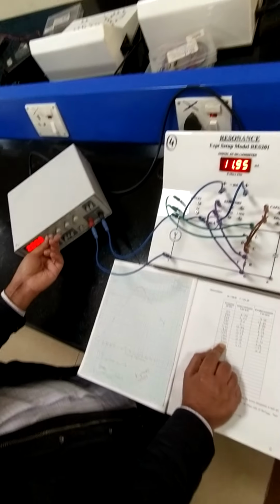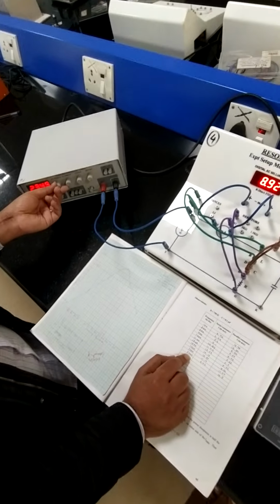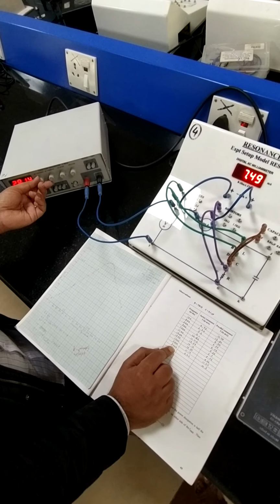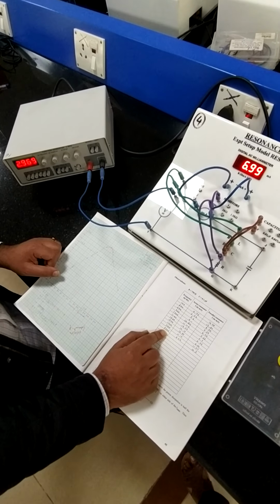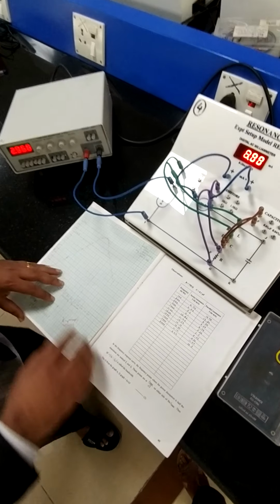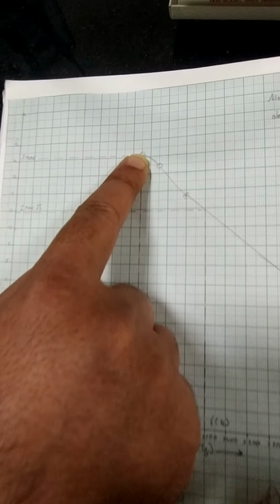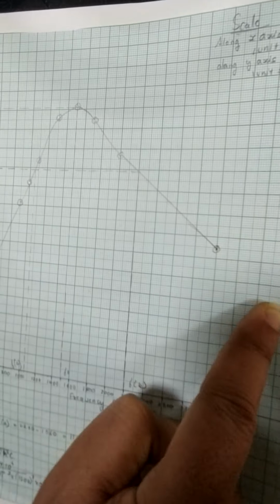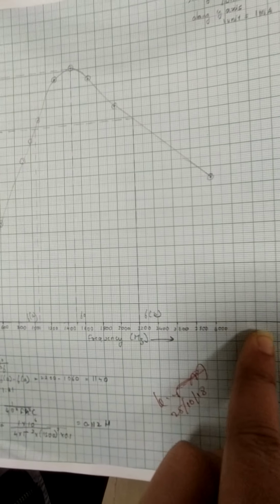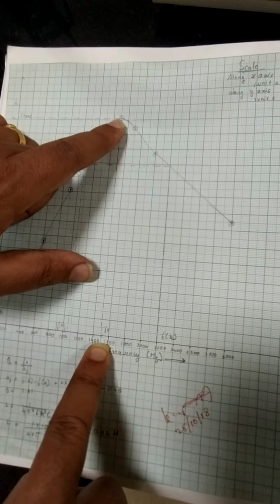Now set the value to 3000, and you can see that the value will decrease to 6.99 or 7. So this shows that if you plot a graph of frequency versus current, the current will keep increasing up to a certain value. In our case it went up to 15.33, and it will start to decrease as the frequency keeps on increasing. At a particular frequency we will have a maximum current. I call that the resonance frequency.